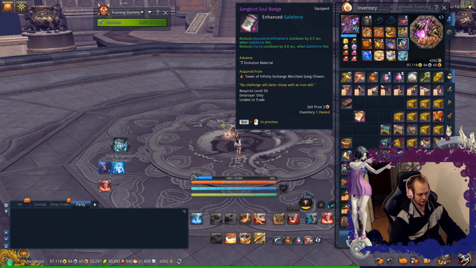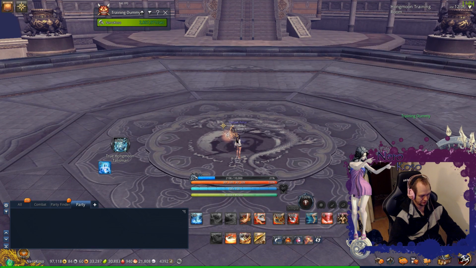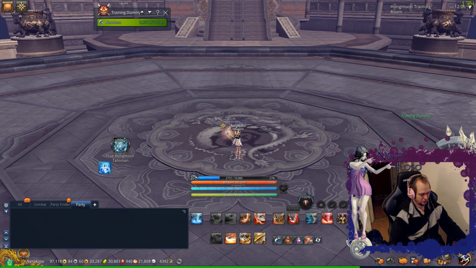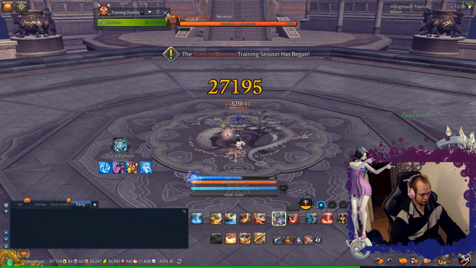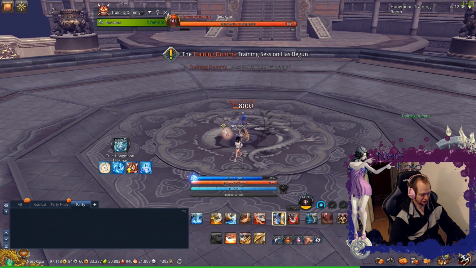So let's try this one. Now I have to remember. No need to use Ember Stomp. I guess I will still use it off cooldown anyway, because you would be using it in dungeons as well. Like, it's smart to use for more DPS, but Red Spin, useless. So let's see how this goes. First I need my ultimate. Even though it doesn't bring much DPS, but...